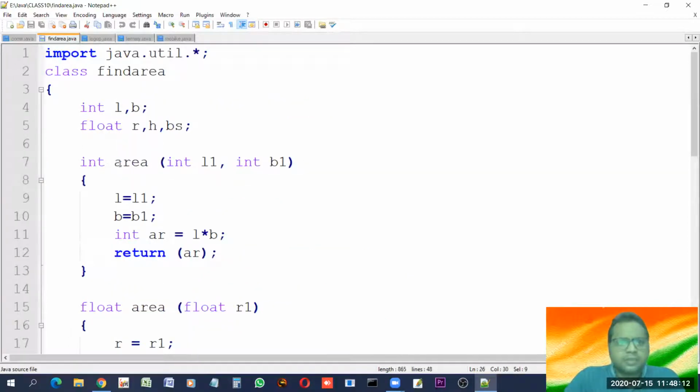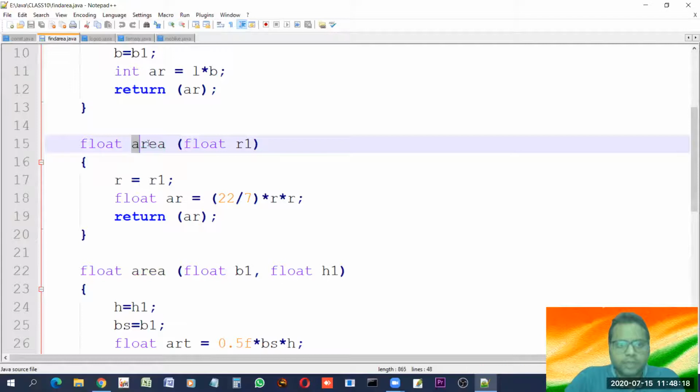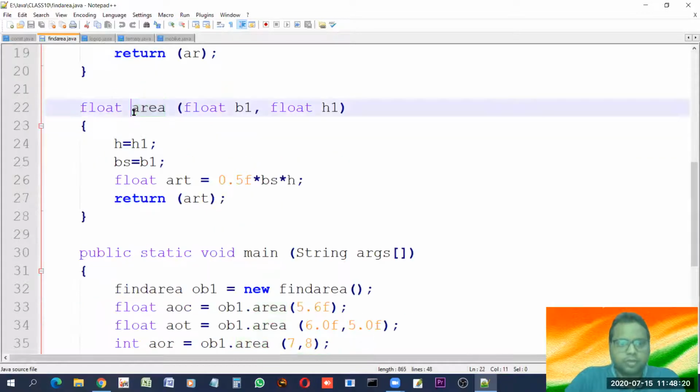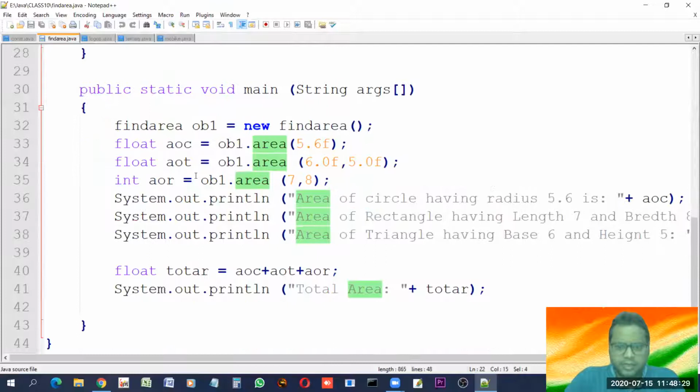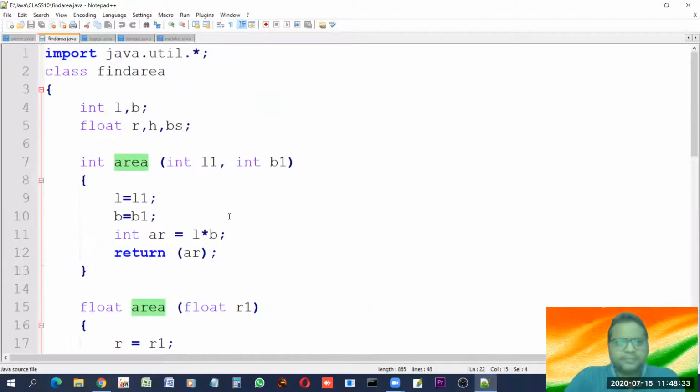But you can see the name of the functions. The name of the function is area. Here also the name of the function is area. Here also the name of the function is area. I think this video is already uploaded. You may see how this program was made. The title will be overloaded functions and all. You can see that.